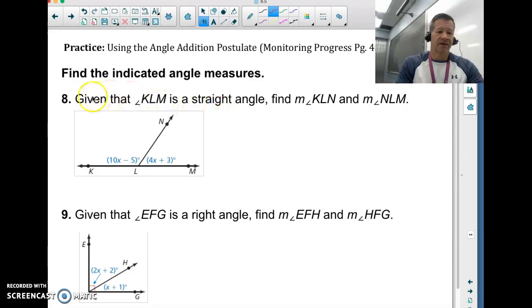Okay. Given that angle KLM is a straight angle, we know that means it's 180 degrees. So angle KLM is equal to 180 degrees. Now, find the measure of angle KLN and NLM. Well, KLN is 10x minus 5, NLM is 4x plus 3, and if I add this angle plus